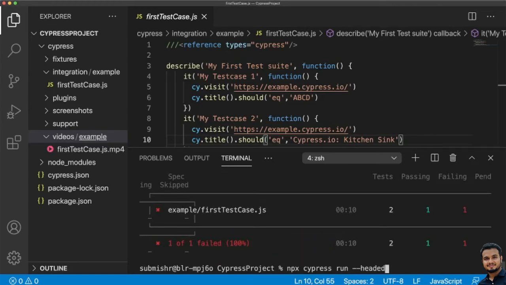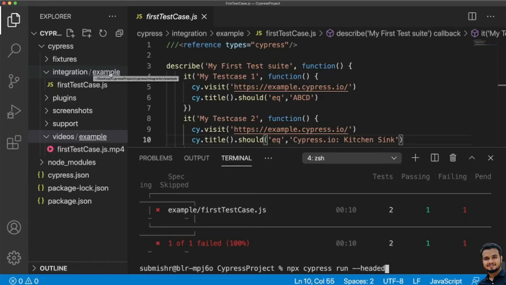Now you can ask one more question. For now you have only one spec file or one test case. Tomorrow you may have multiple test cases, or in a different location. Now it is inside the example folder. For example, tomorrow you have it in a different folder, for example functional testing, and inside that you have some more test cases. How will you execute it? There should be some way to execute that. Let me tell you how.